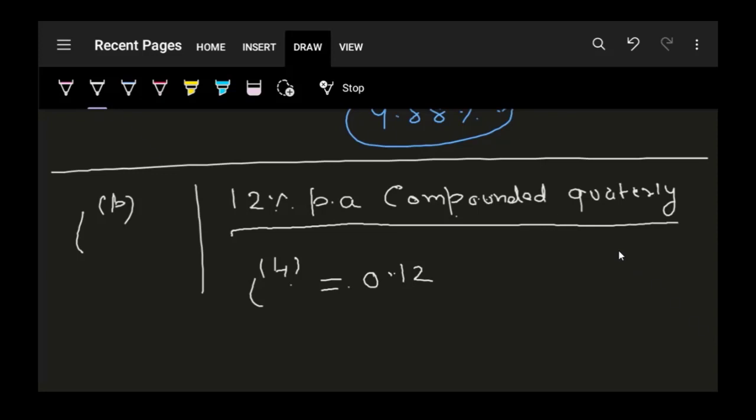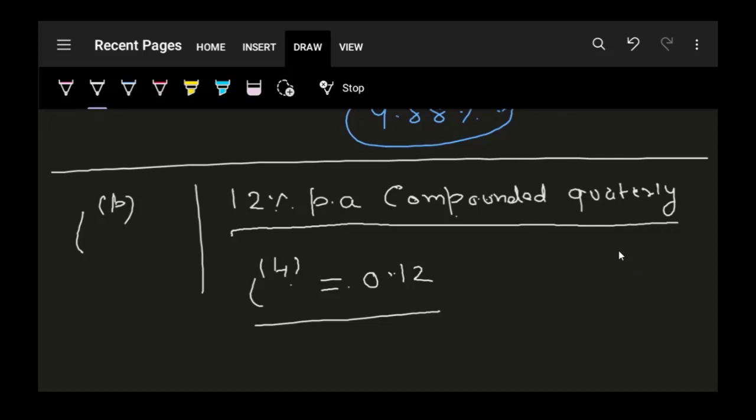Here, since interest rate is paid per annum, our unit time period or measurement period is 1 year. And since interest is paid at the end of each quarter, our P will be equal to 4. And this 12% rate will be written as I4 equal to 0.12. This is an annual rate. This 4 in the bracket is just telling us that this is a nominal rate and interest is compounded or calculated 4 times a year. This 4 is not in the power of I, it is just a notation for nominal rate.